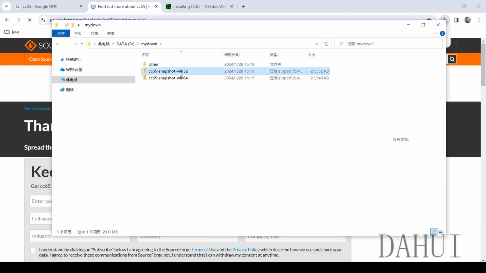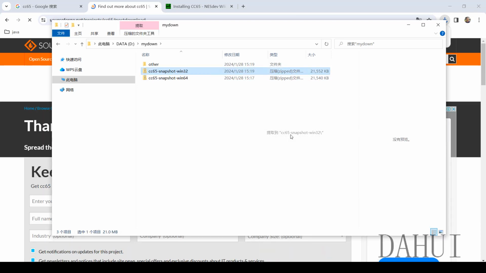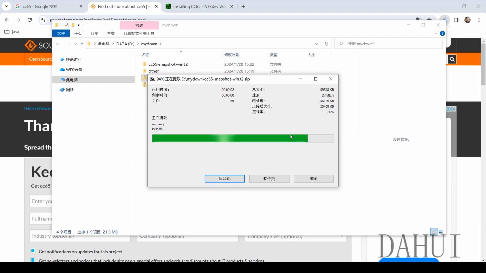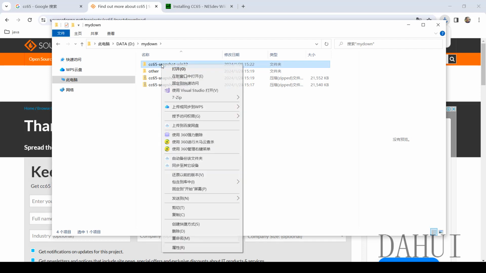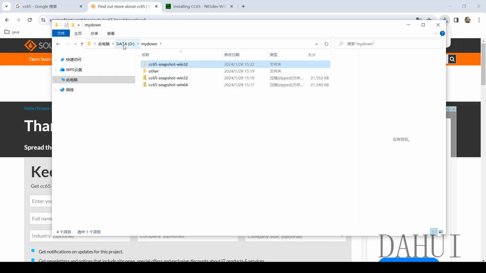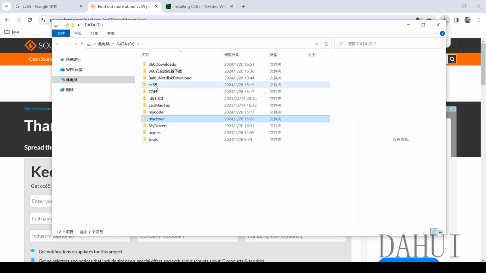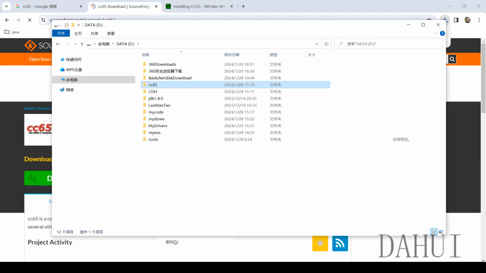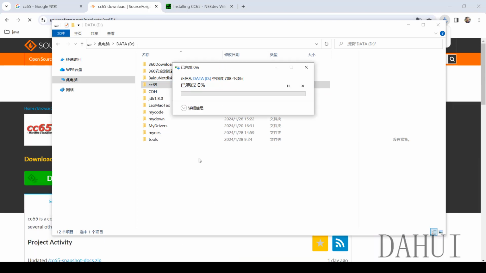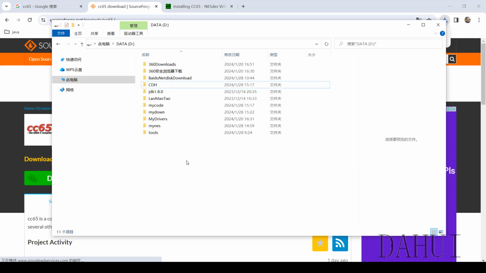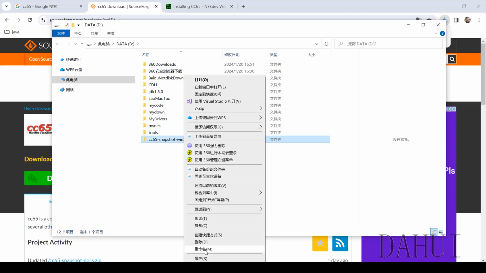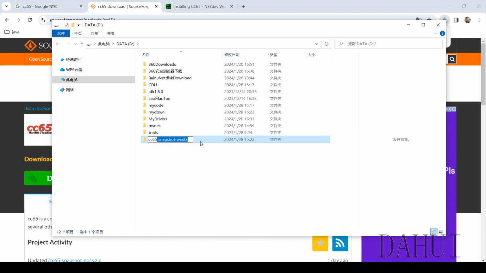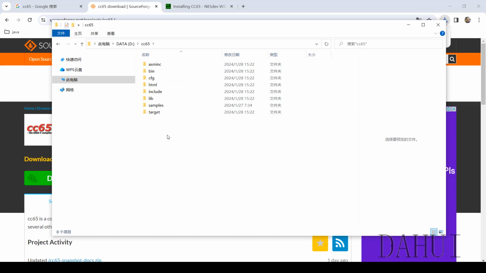and then just unzip the Win32. In fact, you can use Win64. Okay, just copy it and delete my previous one. That one is what I used, so for the demo I just delete it, then copy it and rename it cc65, and here now